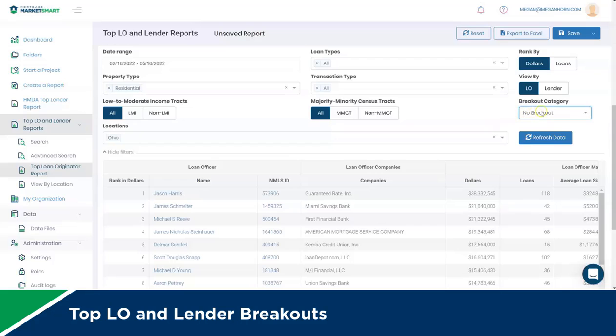And then newly added here, we've got this breakout category. So if you want to look at how top lenders are performing by transaction type, property type, you can look at LMI, non-LMI, MMCT, non-MMCT, and then MMCT detail, breaking that down between different types of majority and minority census tracts. So if we look at, for example, loan type here,